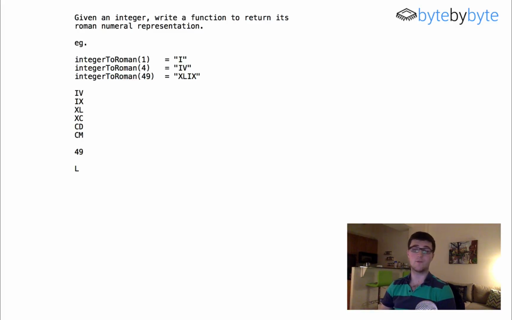But it's greater than 40, so we are going to have XL. And that's going to be the start of our number. And then after you subtract 40, the remainder is going to be 9. And so 9 is obviously IX. And then we get the number pretty easily. We can also take another example, like let's take